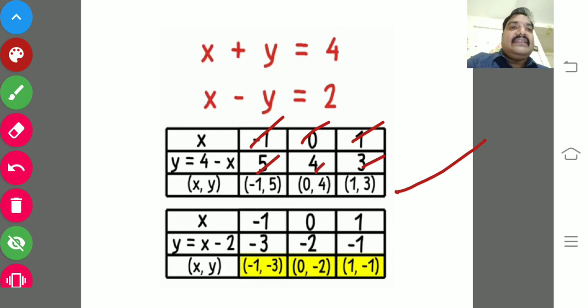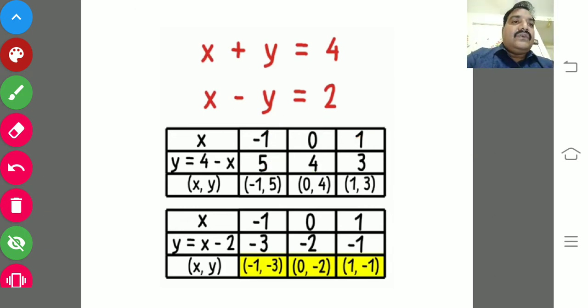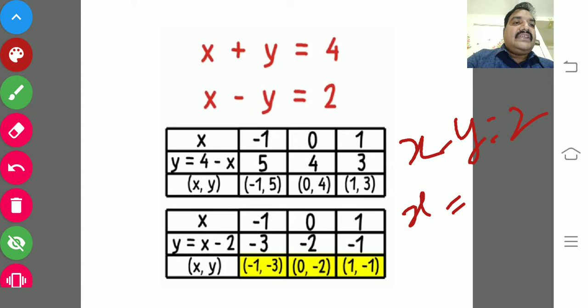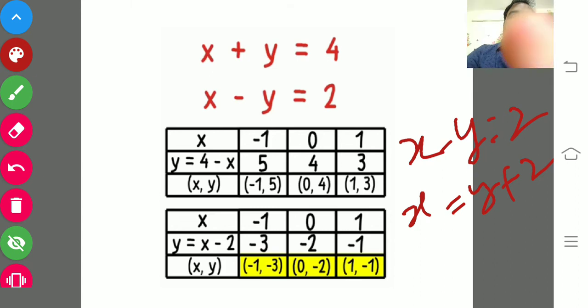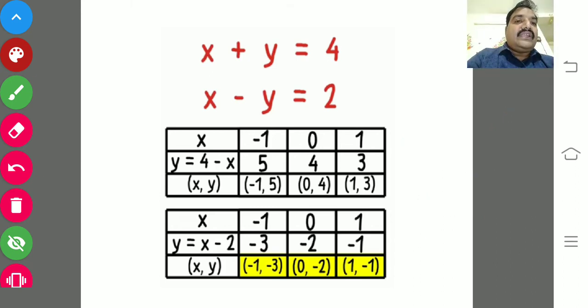Now the second linear equation you just take. What is the second linear equation? x minus y equals 2, and x equal to minus y, transpose it to that side, it will become a plus y and 2, y plus 2. So if you substitute 0, 0 plus 2, what will you get? Sorry, here I had made x the subject. Here we would like to go with y as the subject.